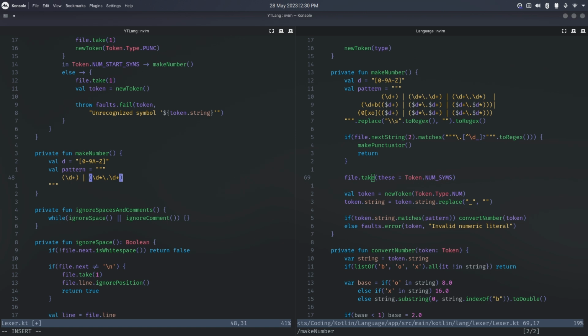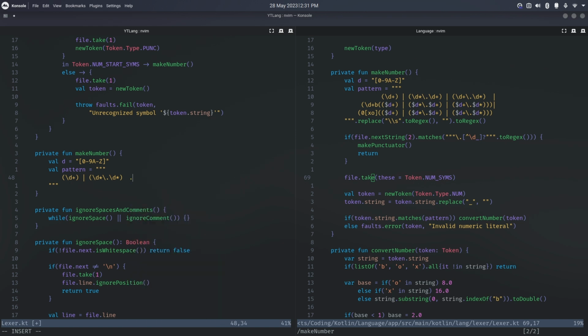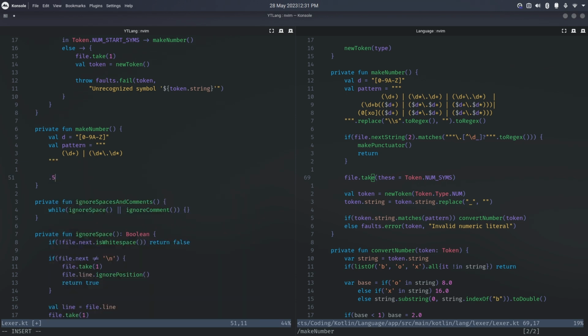Now, why exactly am I doing this? I'm doing this because if we say it should be a star and a star, well, that will match a symbol period. And we don't want that. We want our period to actually make a punctuator. And that's actually why we're making the number before we make the punctuators. So that if there is just a period somewhere, if the thing starts with a period, it could be a number. If you write 0.5,